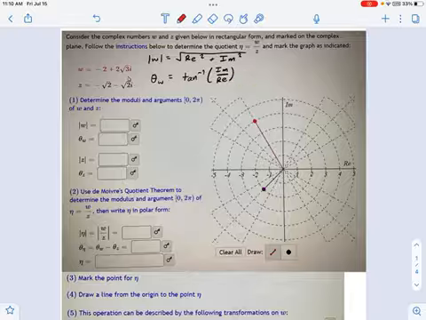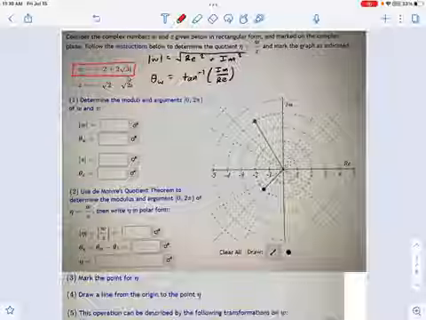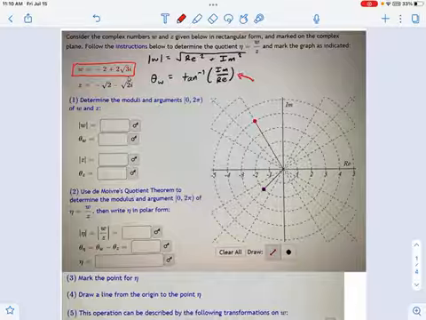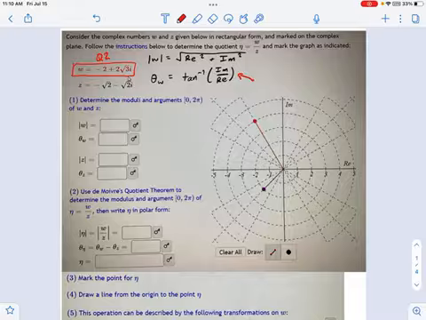So if I look at w, which I have here in red, I can either use these formulas, being particularly careful right here. When you do inverse tangent, you have to make sure you're in the right quadrant. And because it's negative x and positive y, this is quadrant 2. Inverse tangent could tell you quadrant 2 or quadrant 4, so you've got to watch out for that. But if you're just looking at the graph, you can see this is pretty obviously 2 pi over 3, and the radius is 4. So we can just put those things directly in here.